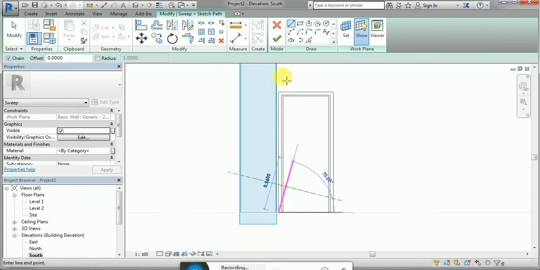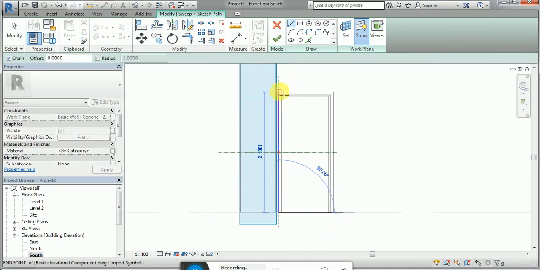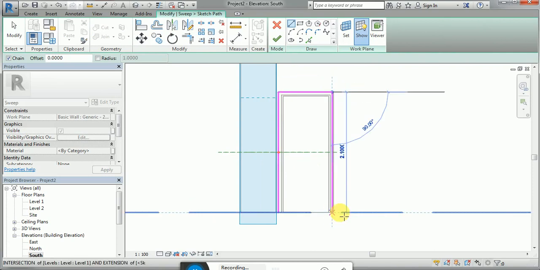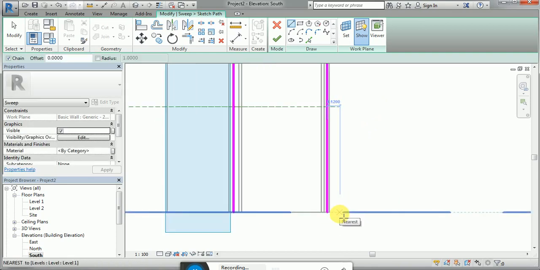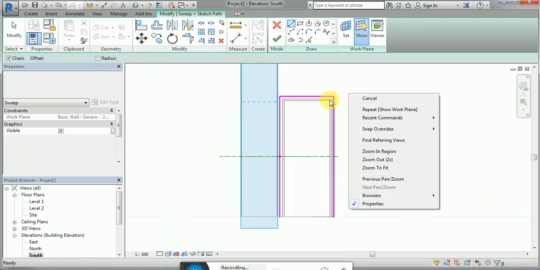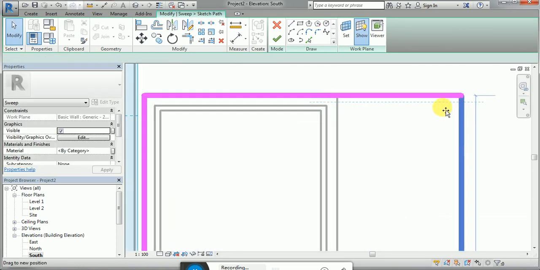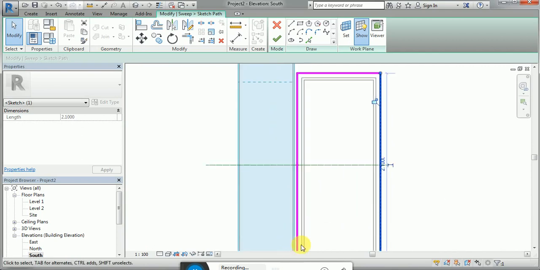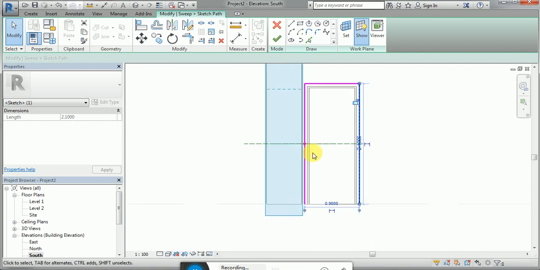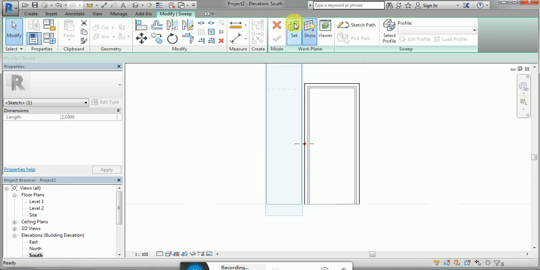I need to draw that sketch of the frame in multi-direction. Now I've drawn a sketch, sorry, I've drawn a path. Actually, some mistake is done here, so I need to go to OK. Now you can see that when I draw some line here, that profile plane is perpendicular to that line. Means if this is vertical in front view, that will be on the top view. Just finish the sketch part, and you will have to go for